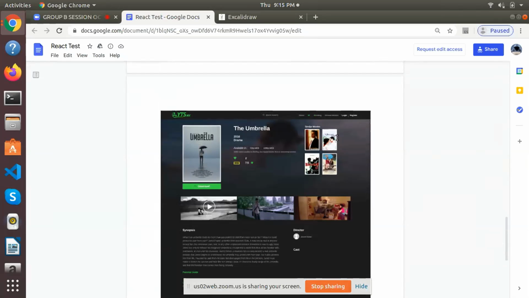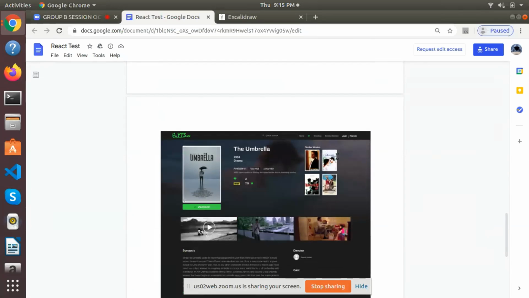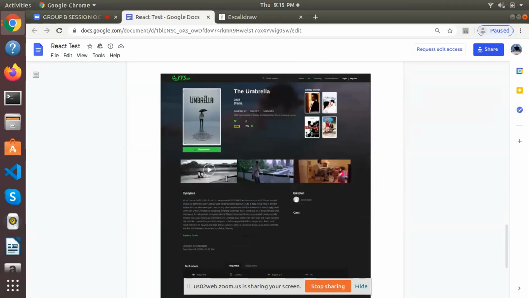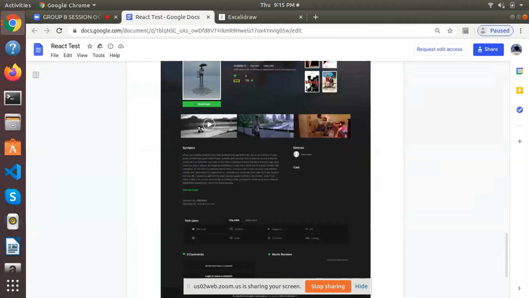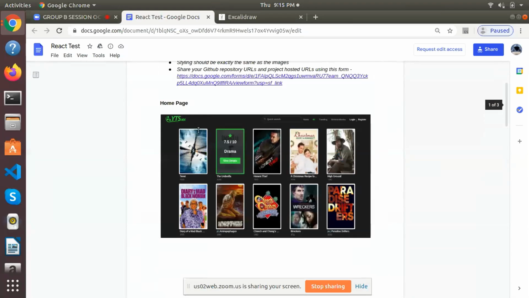You can also divide this into different components, but broadly you have a single component. You can take this particular thing that you have a single component in the movie details page also. You can notice that the navbar component is there in both. So you have to make this movie detail component and this movie card component, right?